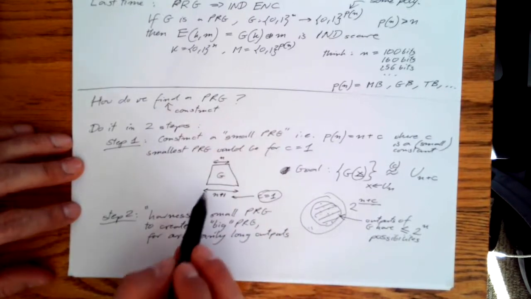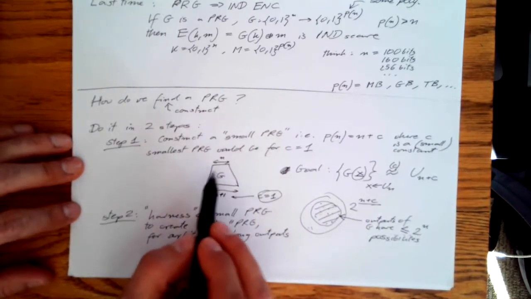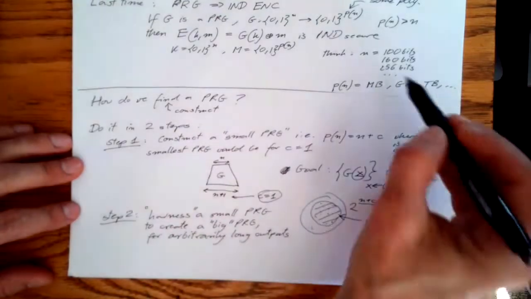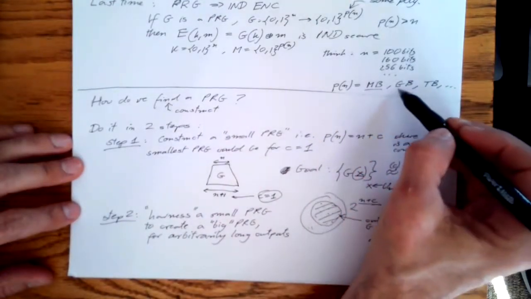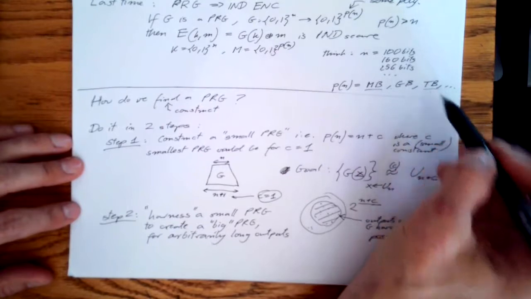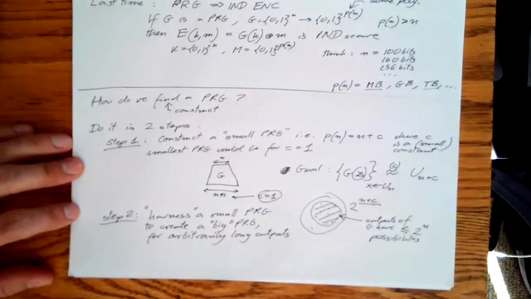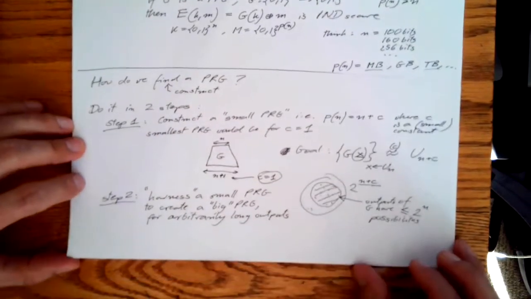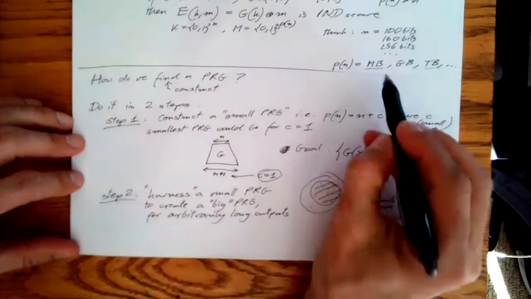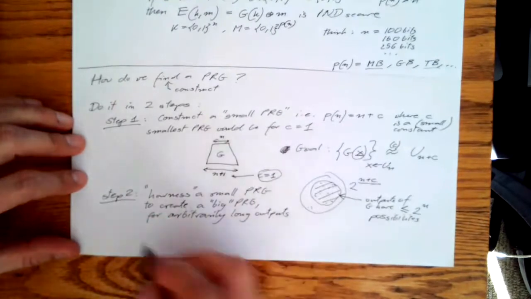Okay, could I use this little g to create a G prime that has these huge outputs, and the huge outputs remain indistinguishable from huge random bit strings,